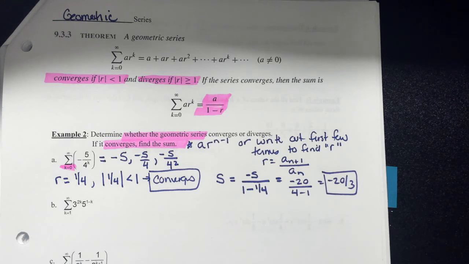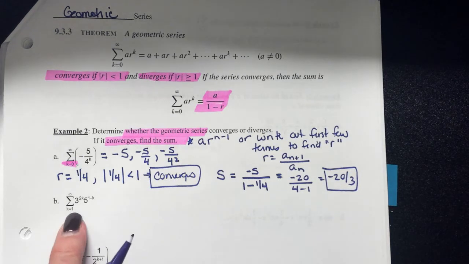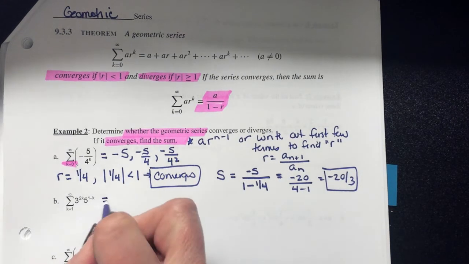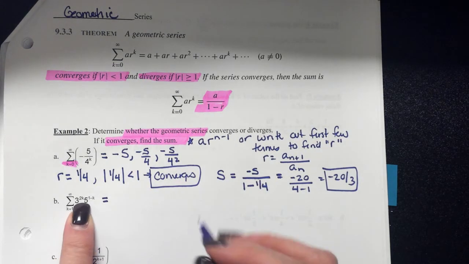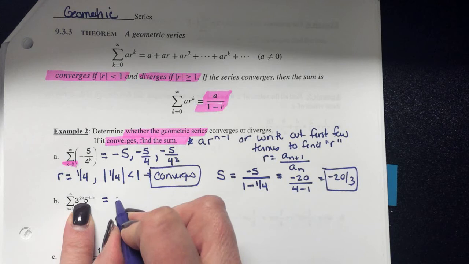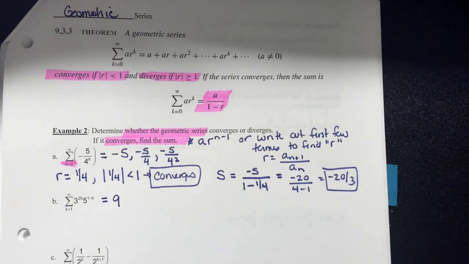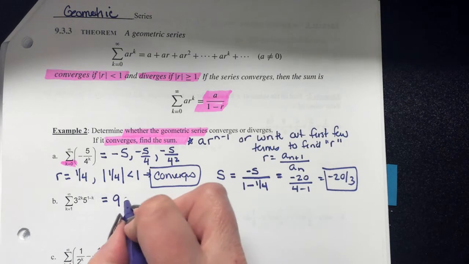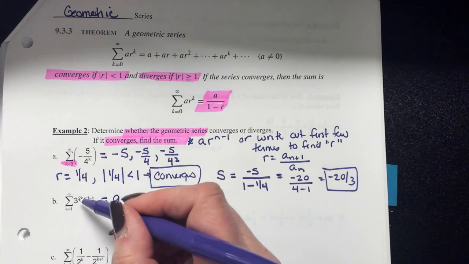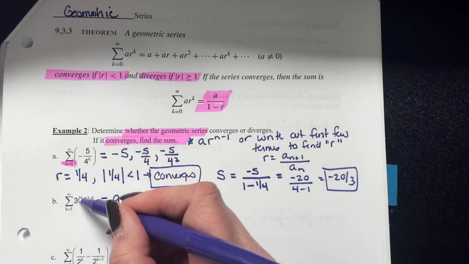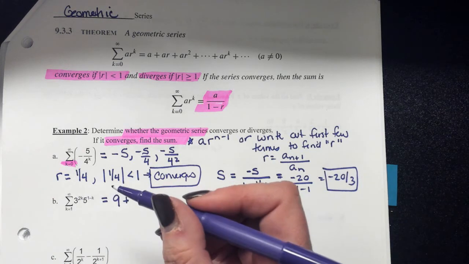So any questions on example A? Taking a look at B, again, starting with 1. Again, if you want to list out the first couple terms, when I plug in 1 for k, that's going to give me 3 squared, which is 9, times 5 to the 0, so that first term is going to be 9. Plus, when I plug in 2 for k, that's going to give me 3 to the 3rd, which is going to give me 27,